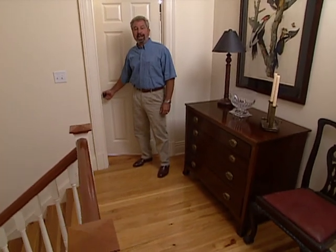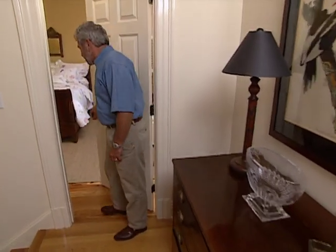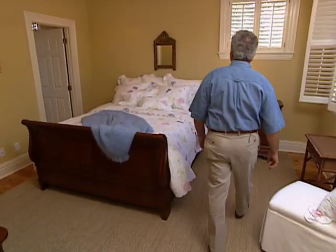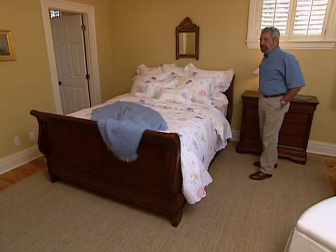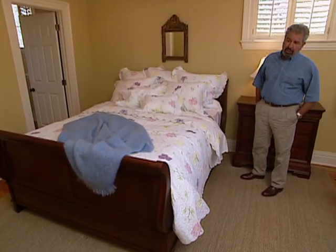We're on the second floor landing. Our friend Carolyn Griffith, interior designer, has accessorized and furnished all the rooms up here, including the landing. But let's start off in this bedroom, which we visited a couple of weeks ago when the gold was being applied to the walls. And here she's put in a suite of bedroom furniture from Thomasville, which I believe the